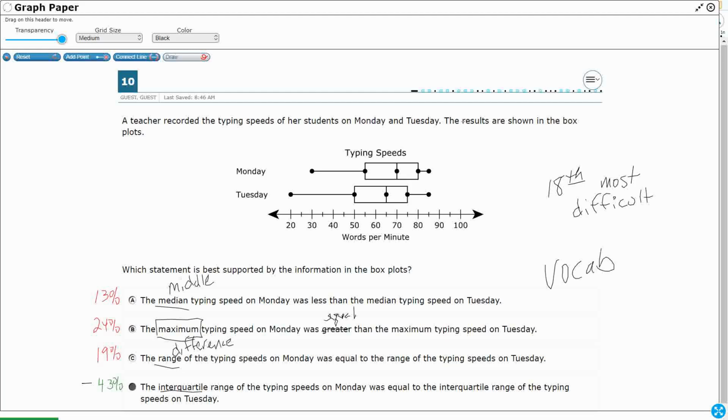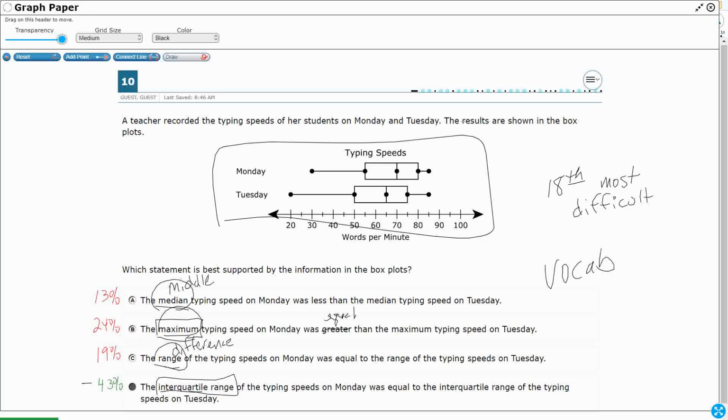And just like we do with this problem, rather than looking at a data set and just finding one thing, we need to calculate everything. So get a data set just like we do here and calculate the median, calculate the maximum, the range of each, the interquartile range. Just do everything with a data set rather than just looking for one isolated thing like the median